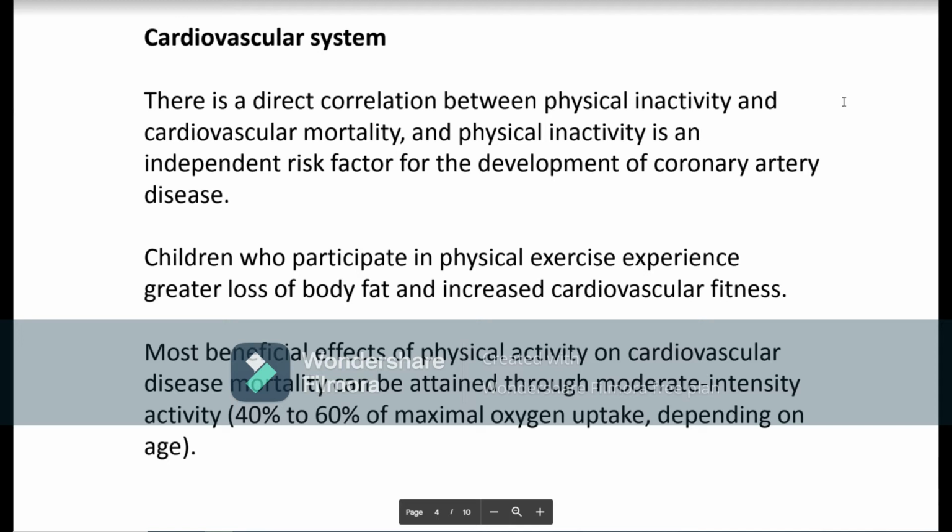And the more we are trained, the more our cardiovascular system is developed, the more efficiently we can manage different situations. There is a direct correlation between physical inactivity and cardiovascular mortality. And physical inactivity is an independent risk factor for the development of coronary artery disease. So being inactive physically can significantly decrease our physical state. That means that we have poor stamina, we are more susceptible to cardiovascular diseases,